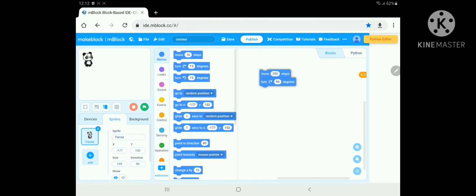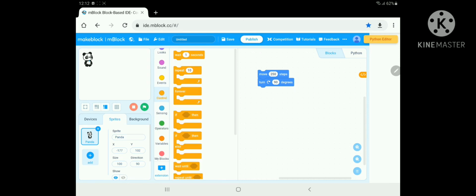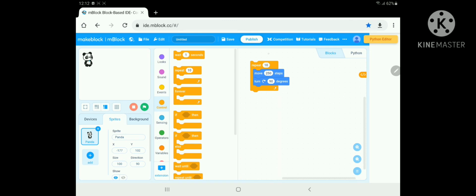We don't like to click it like this continuously. So what we will do is take the repeat block. In the controls we have a repeat block. A square has 4 sides, so we will take 4 times repeat, and if you click like this, he will do this, but it's very fast, we can't see.